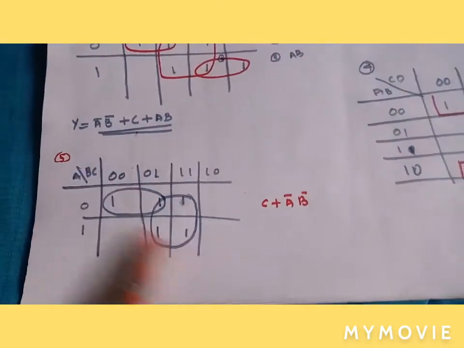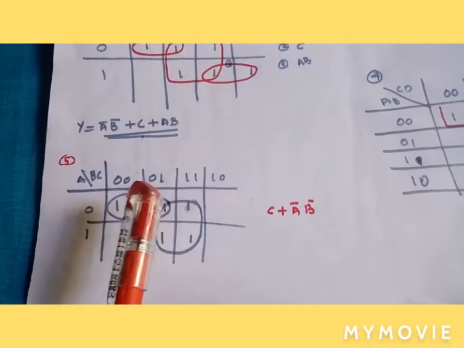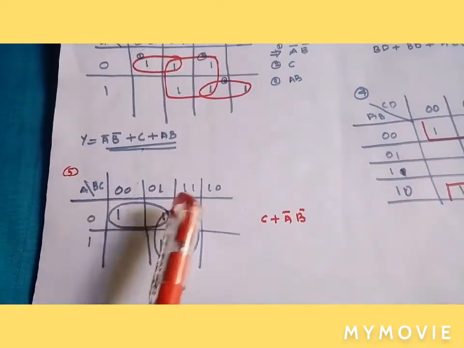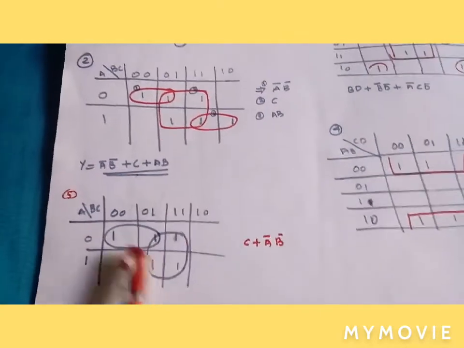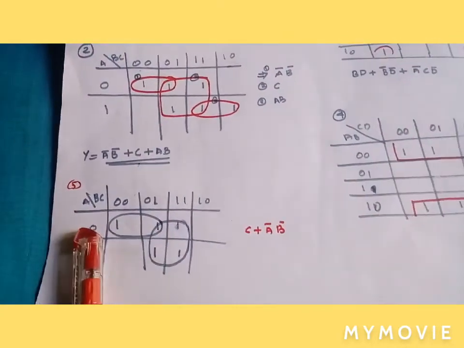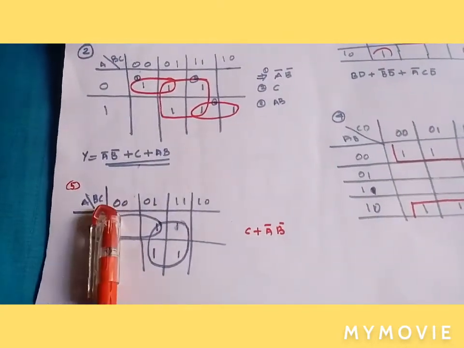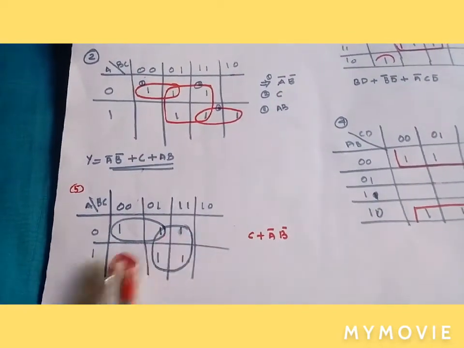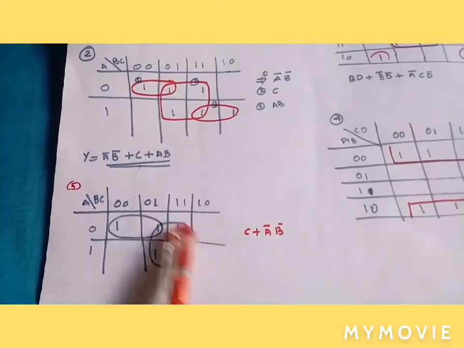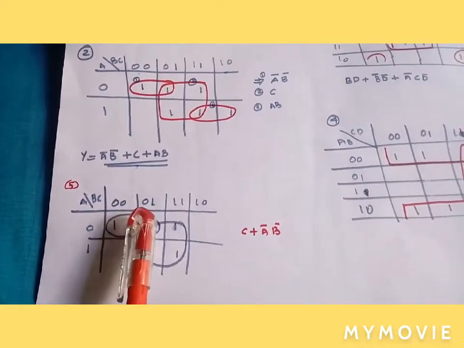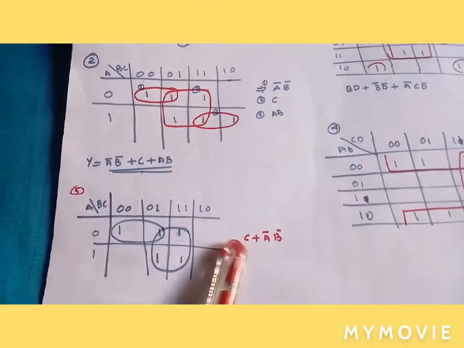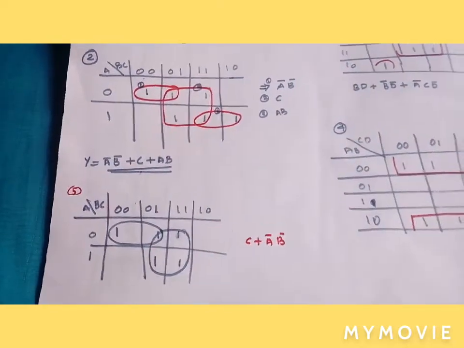Here is a 3 input Karnaugh map, 0 0 0 1 1 1 1 0, in which there is one pair and one quad. So here we know that A bar is not changing, A bar. Here also B bar is not changing, so A bar B bar. Here for the quad, A is changing, B is changing, and only C is unchangeable, that is C. C plus A bar B bar is the